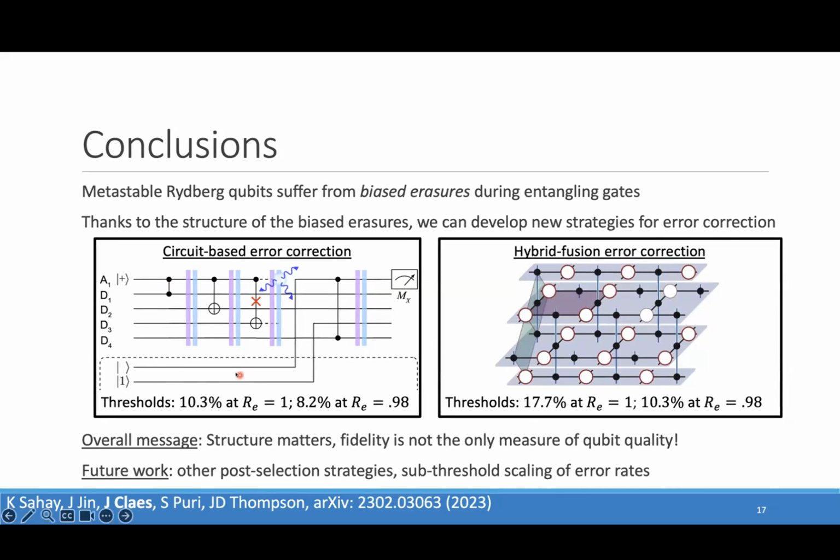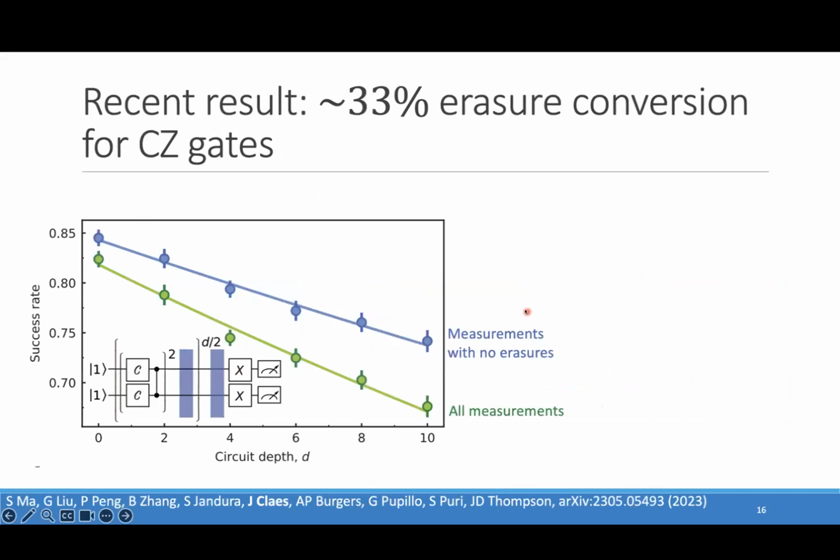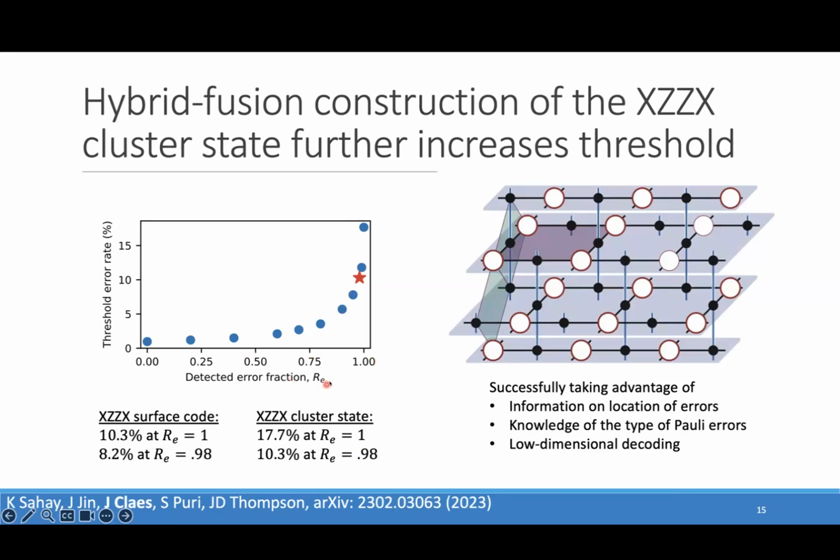But when we're looking at all of these data points at lower R's, we're taking into account the fact that when we build these resource states, we're accumulating Pauli errors. We're accumulating more Pauli errors than the circuit model, in fact, which is why this curve drops faster than the circuit model as we increase the number of Pauli errors. But yeah, we're taking that into account in our simulations. So these resource states have Pauli errors, and we put them in, and then they get new Pauli errors and also biased erasure errors. Hey, thanks for